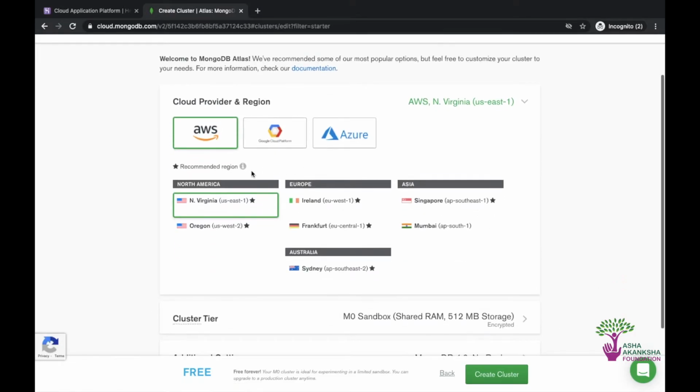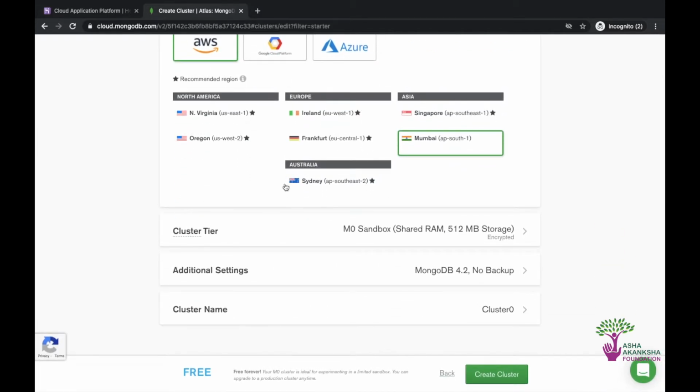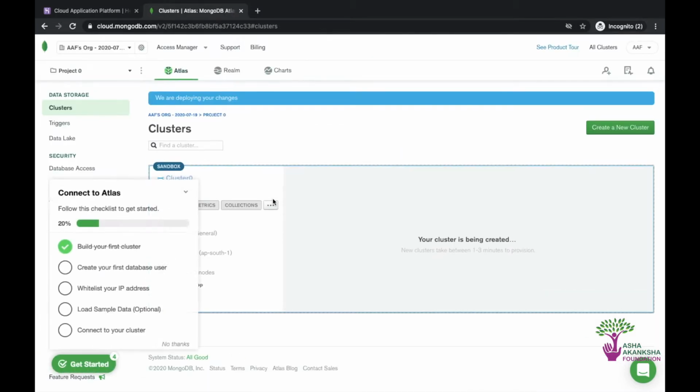And you can leave everything as it is. Just choose your region if you want. Leave this to be AWS, right? Leave the rest the same. You can change the cluster name if you want, but there's no need to actually do that. So click on create cluster, and now this will